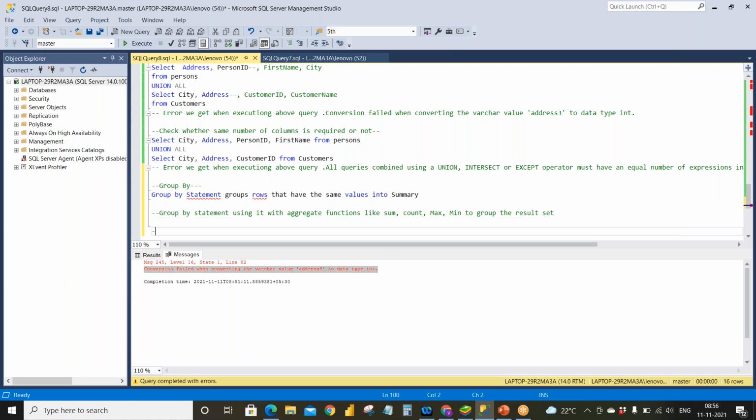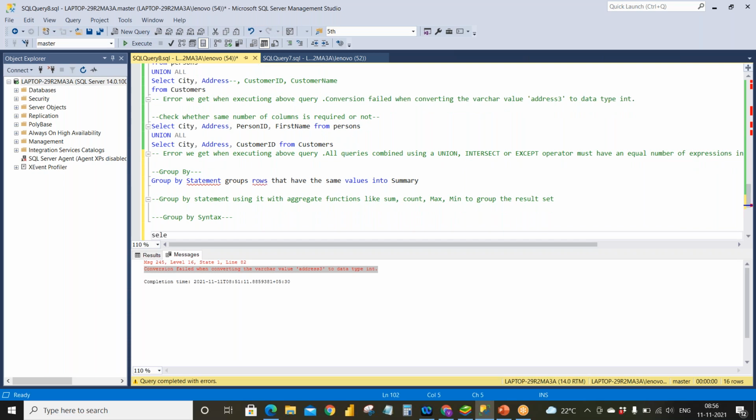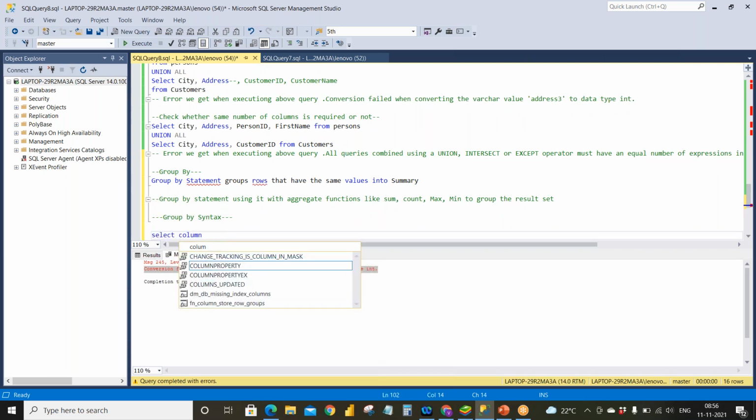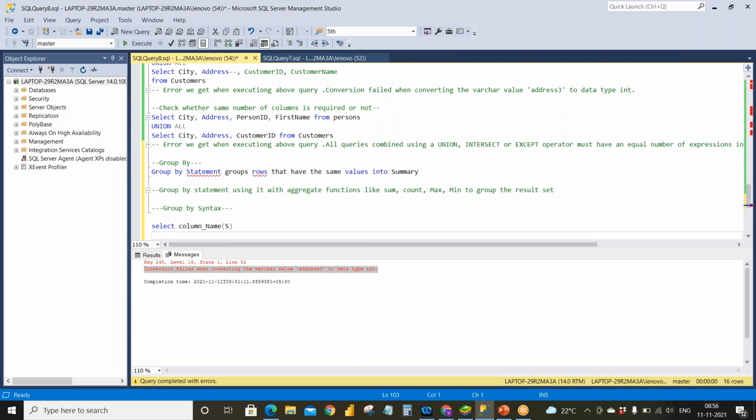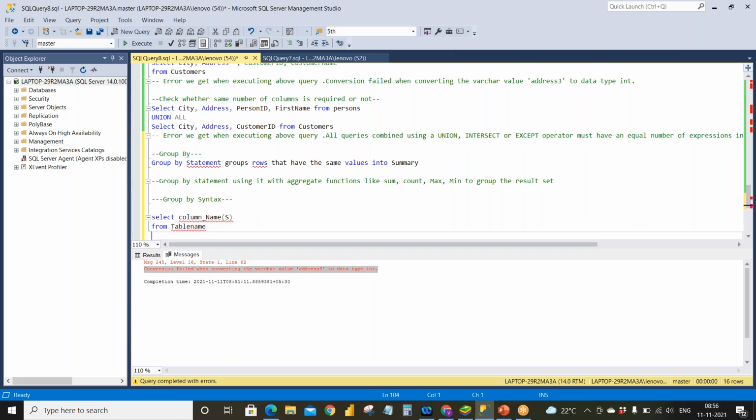So the syntax goes: SELECT column name or names FROM table name, and the WHERE condition is optional.